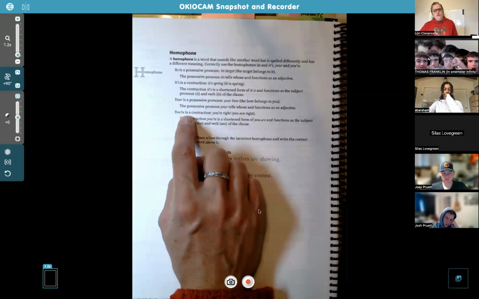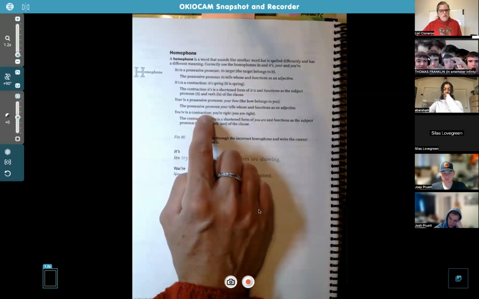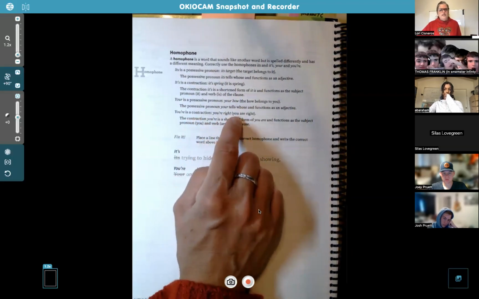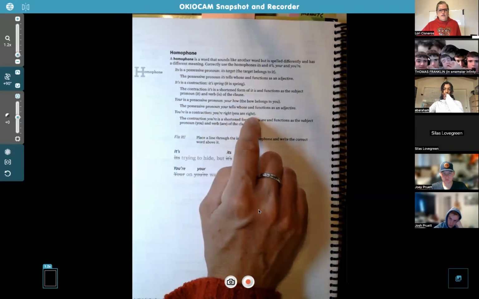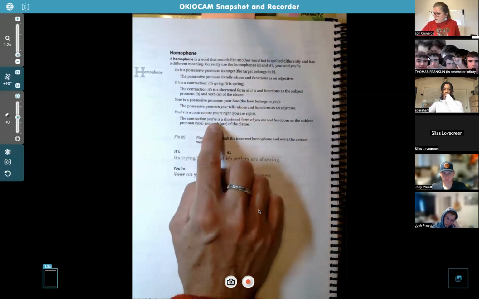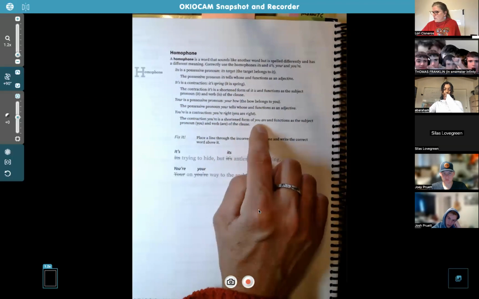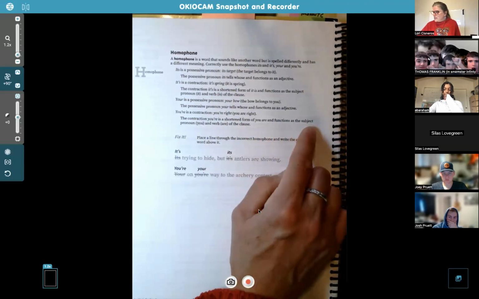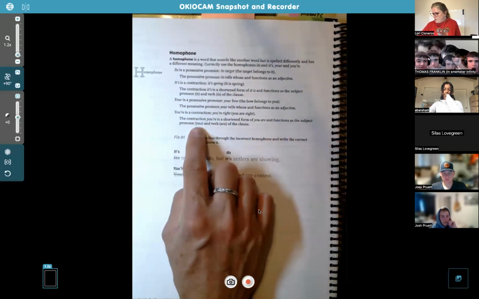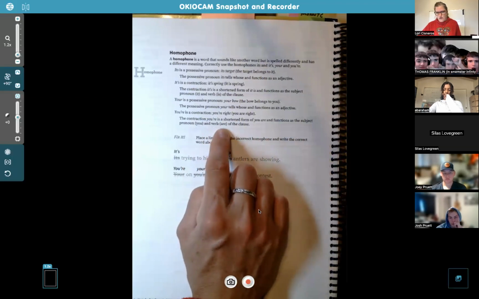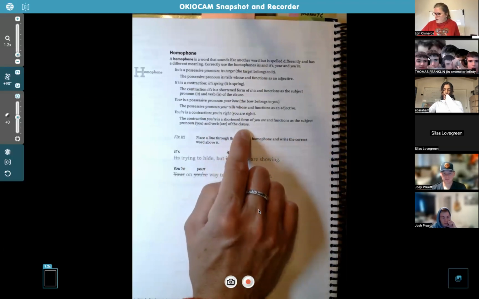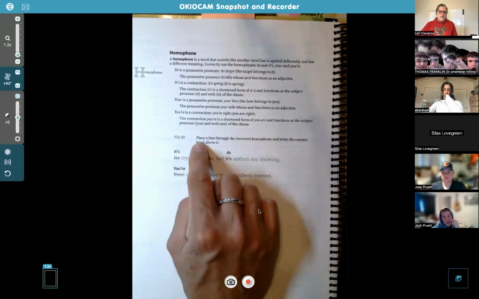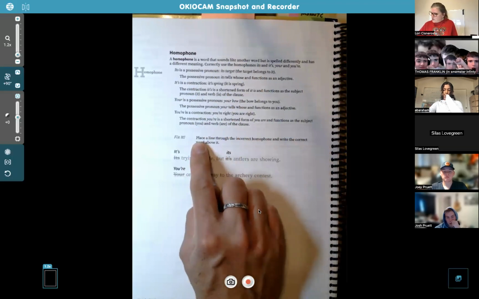You're with an apostrophe is a contraction. You're right is the same as you are right. So the contraction you're is a shortened form of you are and functions as the subject pronoun you and verb are of the clause. So the way we're going to fix it in this book is to place a line